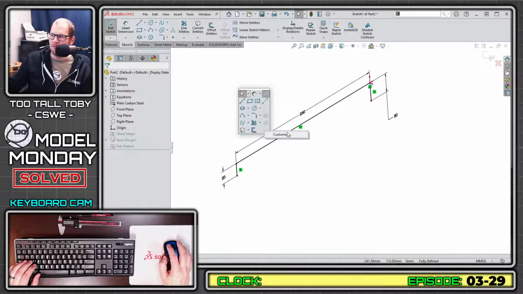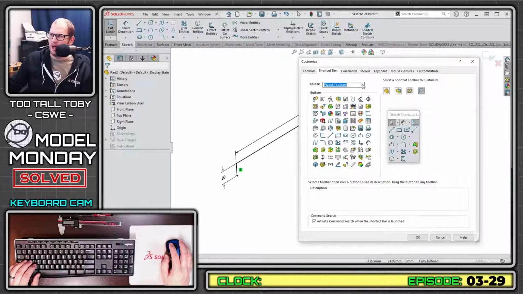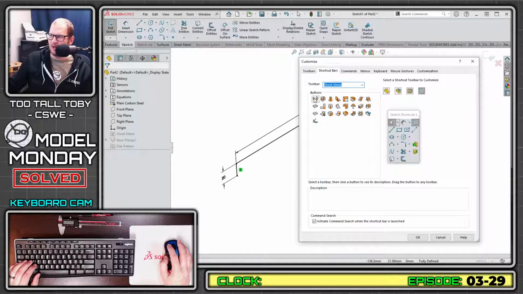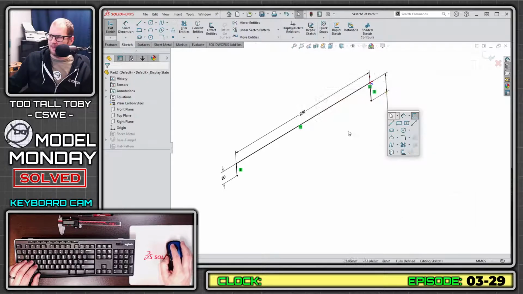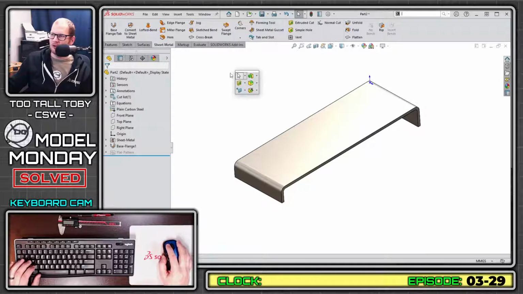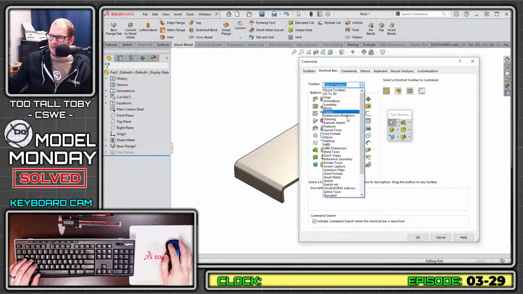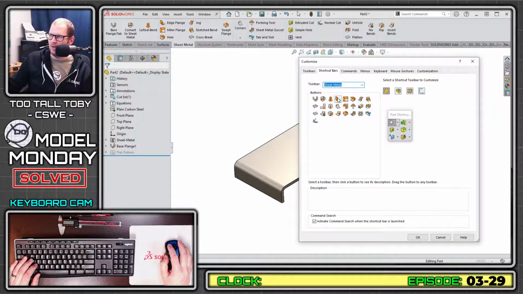I'm going to right mouse button here. I'm going to say customize. I'm going to go down to my sheet metal commands and I'm going to choose to add the sheet metal command for base flange tab so that I can jump right into that command from sketch mode. I don't have to exit sketch mode and get into that or go up to the toolbar. And similarly, when I'm out here in feature mode, I'm going to press the S key, right mouse button, customize, go down to sheet metal, and I'm going to add the edge flange command